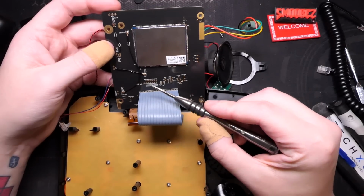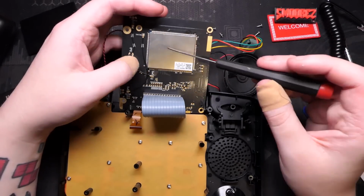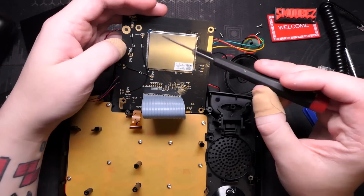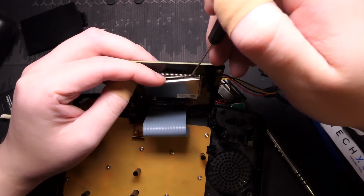But look at all these test points. There is a whole heap of them. For the actual processor and storage and all that, that's on its own separate board. I can go ahead and pop this off. Thankfully, the shielding is just...